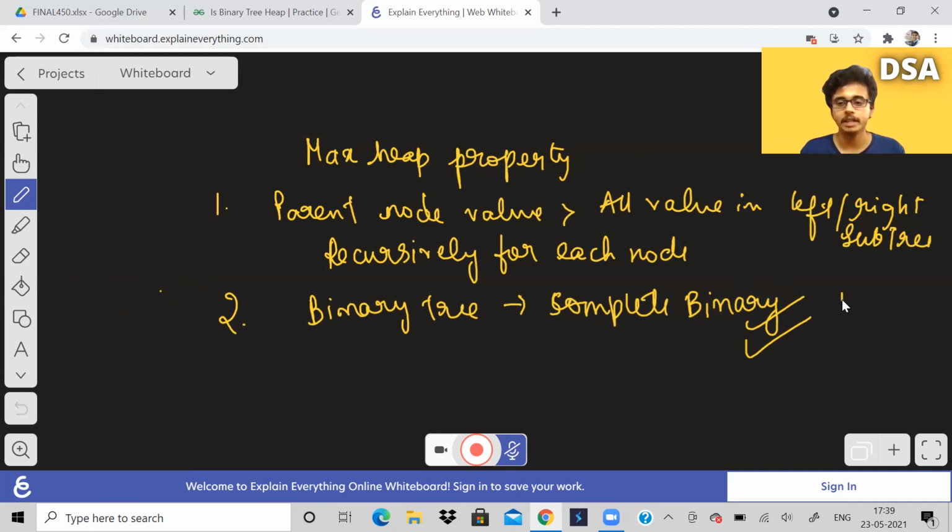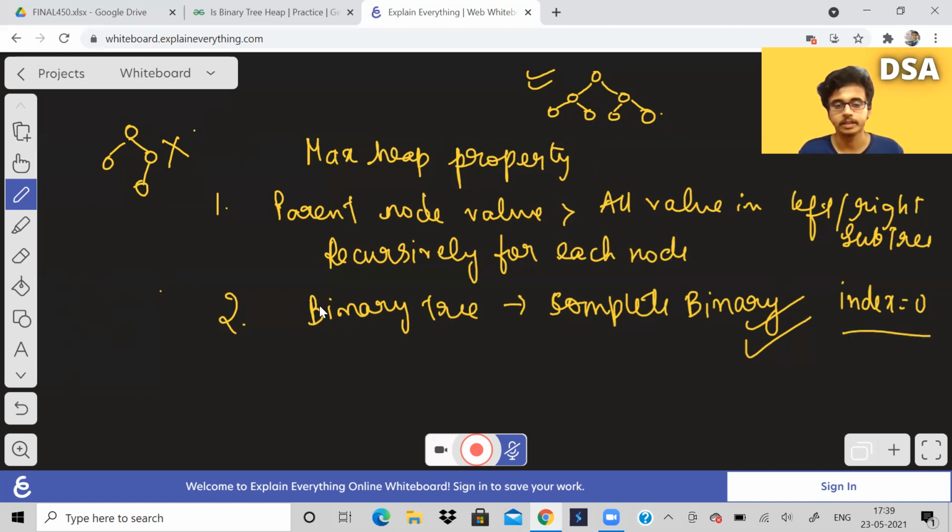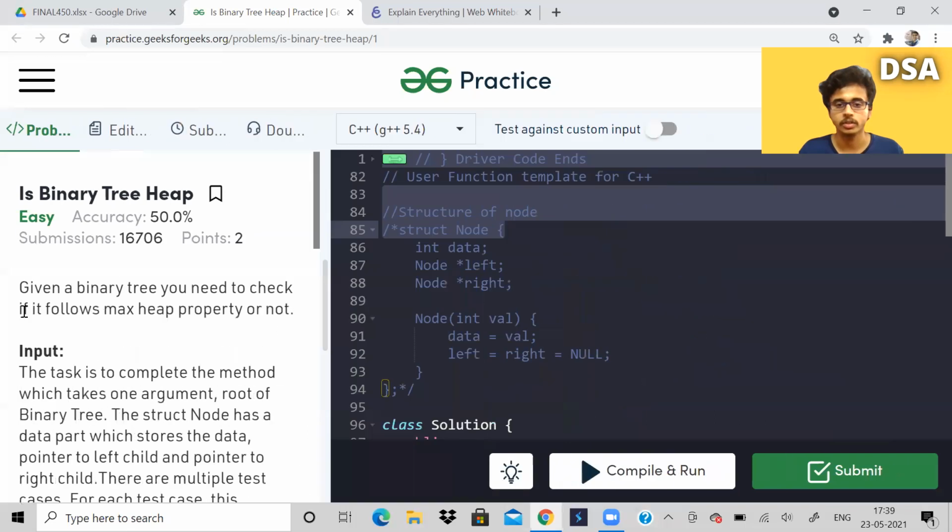For a complete binary tree, we can keep a variable called index. Initially, let it be 0. And what we can do is we can do a level order traversal and try to check at each and every level if all the nodes are in correct order. Like, it should not end up like this. This is not a correct binary tree. So this is an incomplete binary tree, but this is correct. So how do you differentiate this and this with the code? Let us see how to code it. I'll show it to you now.